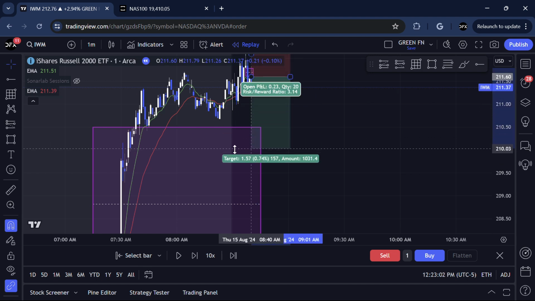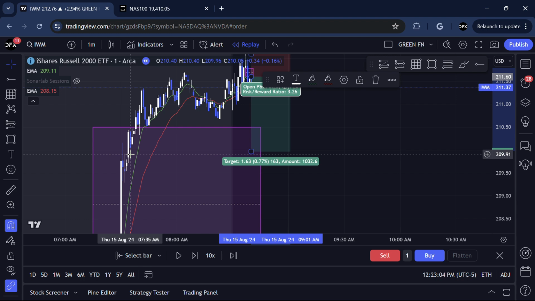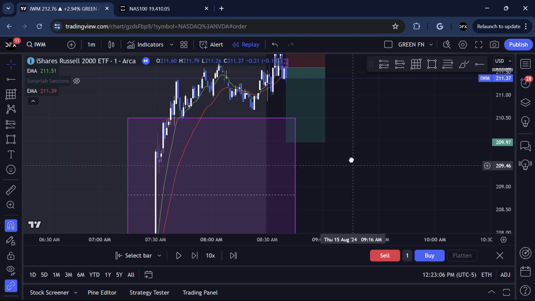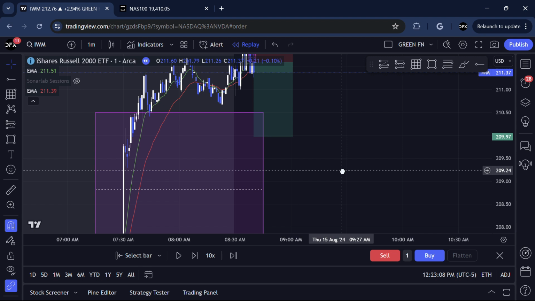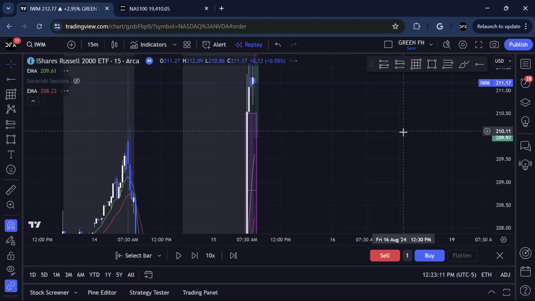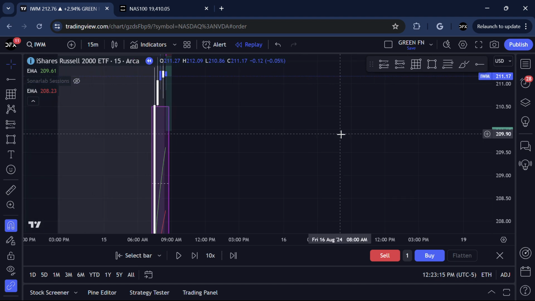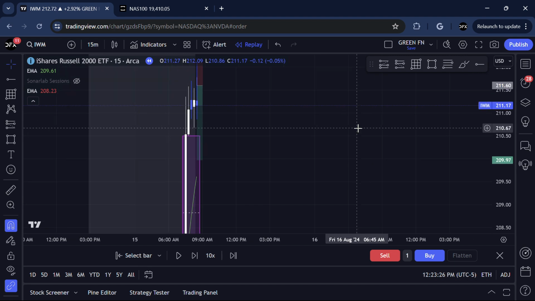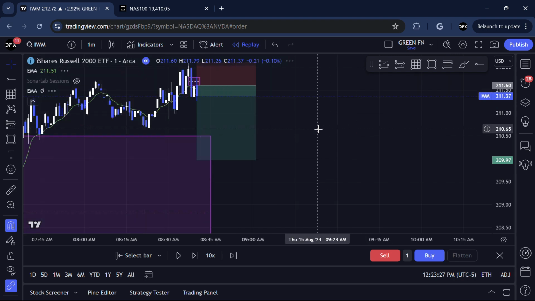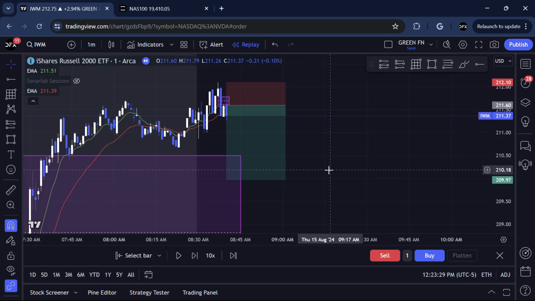I put it at the imbalance, like the start of the imbalance right here, because I knew that this was a strong imbalance and we're going to want to reject off of it, because like I said, that was a 15-minute imbalance. So obviously 15 minutes are one of the strongest imbalances that can happen. Obviously, if you're looking at a higher time frame, it's going to be even stronger. But since it's just a 15-minute time frame, it's pretty strong. So going back down to the 1 minute, let's just play it out and see what happens.